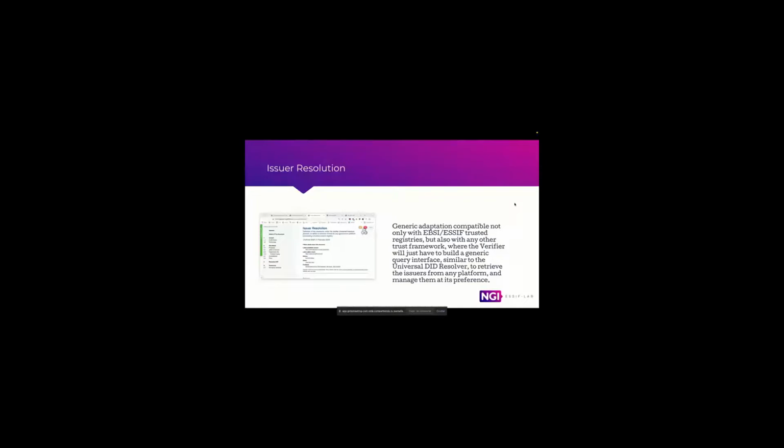We wanted to take that work and get to a common API or common model that could be agnostic to eSSIF or whatever, portable to any other governance framework, but available for any entity or verifier outside of that governance framework to query and use in order to connect with wallets coming from that kind of governance.